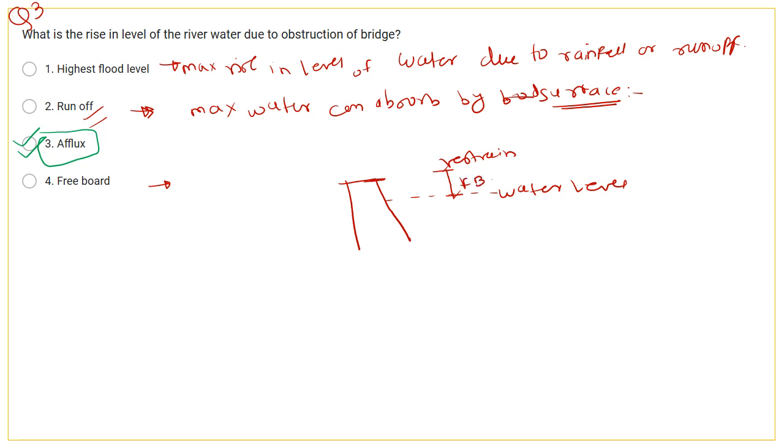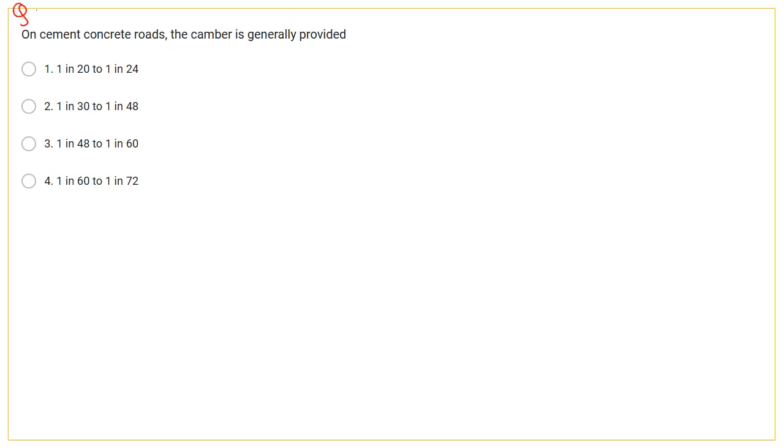Then the next question, question number 4. On cement concrete roads, the camber is generally provided. Here, first we need to know about the camber. Camber is nothing but a cross slope which is provided in the middle of the road surface